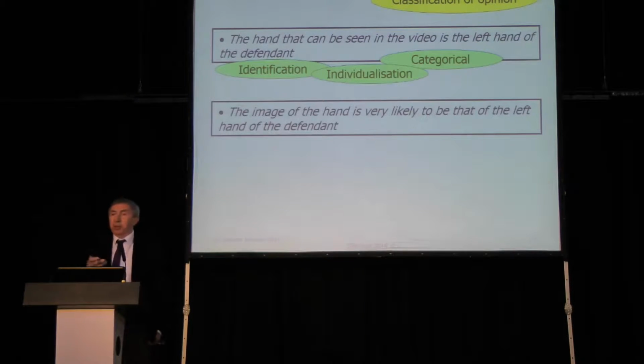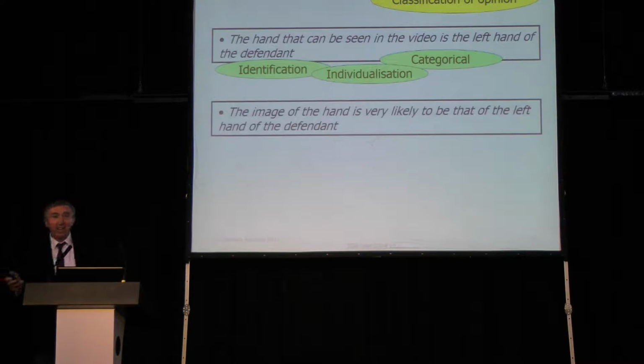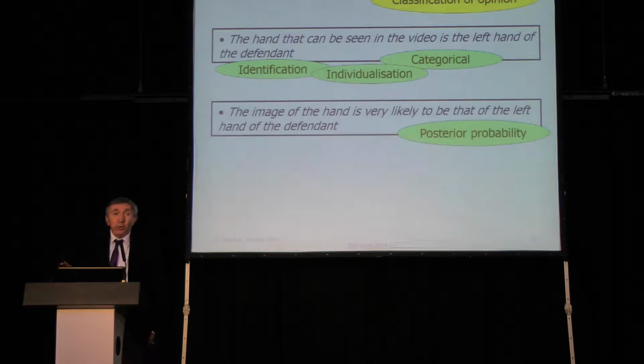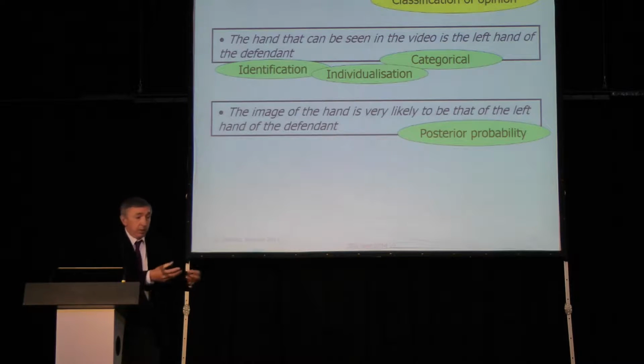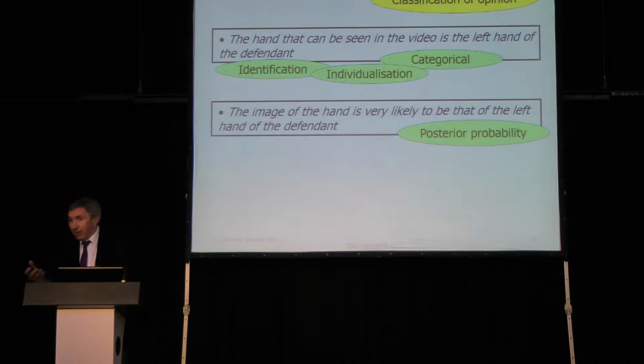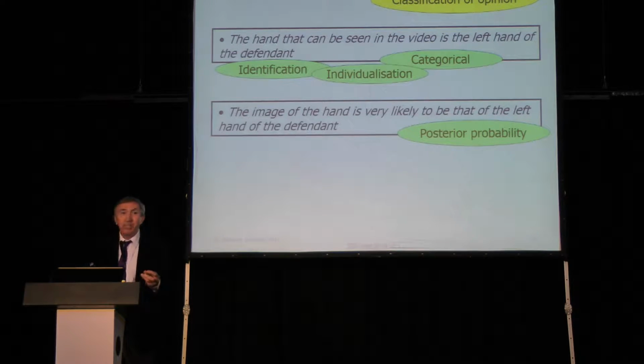On the other hand, no pun intended, you may say the image of the hand is very likely to be that of the defendant. Now, whether you work in probabilities, whether you're a Bayesian or not, I still think ordinary people could classify that as a posterior probability, in the sense that it comes after the evidence has been looked at and appraised. It's after the evidence is there, and it's a probability about that fact and issue. So whether you're probabilistic or statistical or Bayesian, I would hope that ordinary people, including lawyers, would see that as a posterior probability if we could explain it that way.